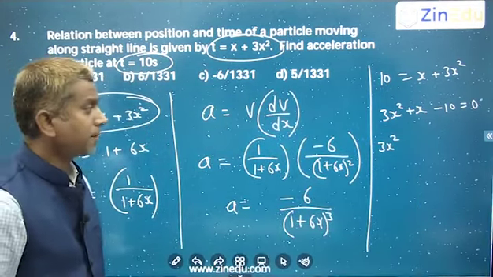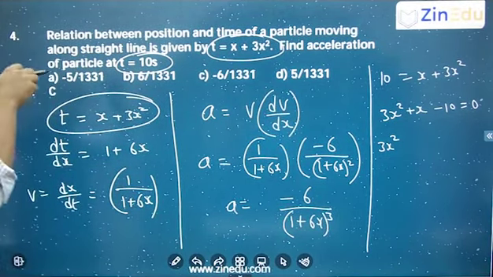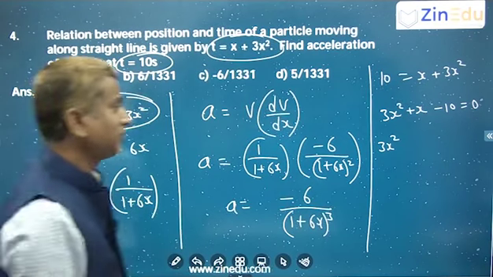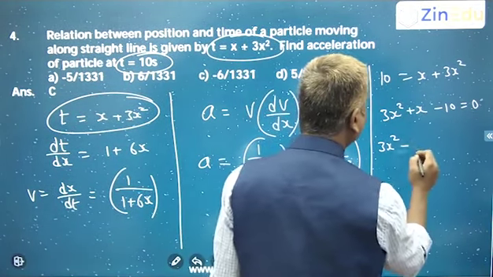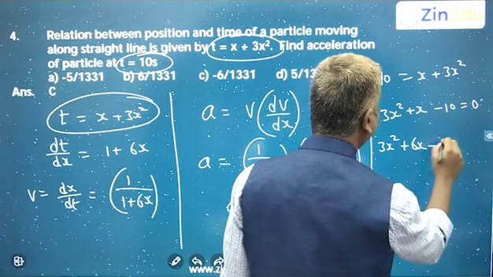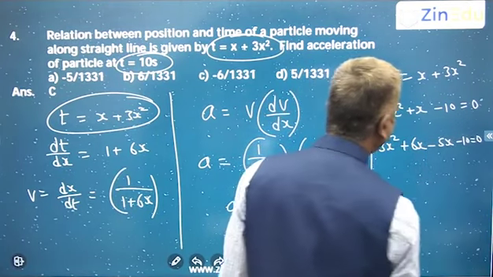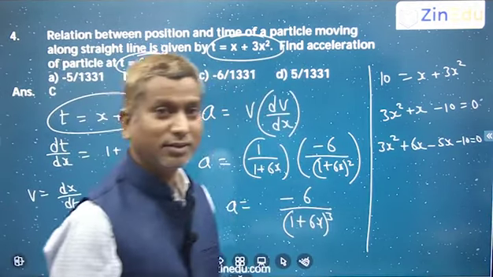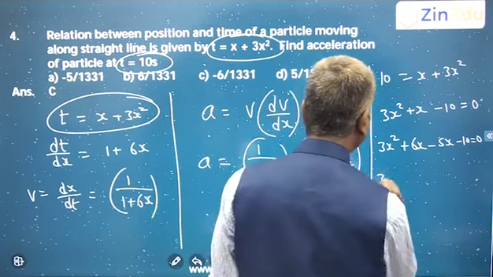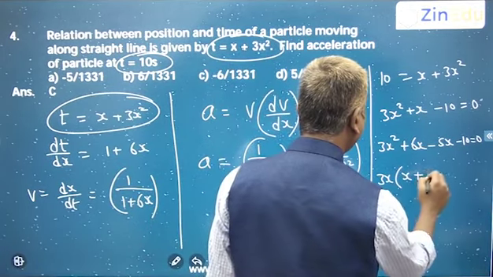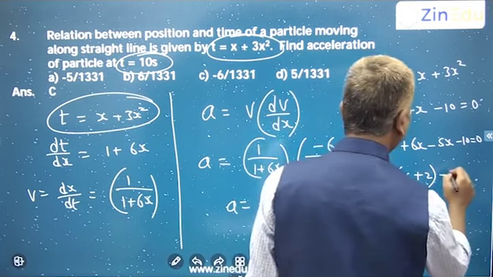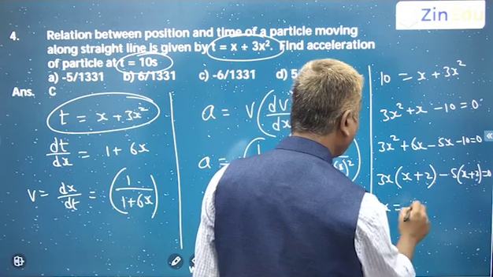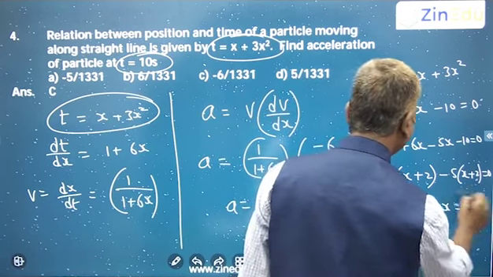So plus x minus 10 is equal to 0. So total you have 30. So you get 30. So minus plus 6x minus 5x minus 10 equal to 0. Correct? So you can do it like this. This x you can write as 6x minus 5x. Right? So then you are left with 3x into x plus 2, right? So minus 5 into x plus 2 is equal to 0. So x equal to 5 by 3 or x equal to minus 2.